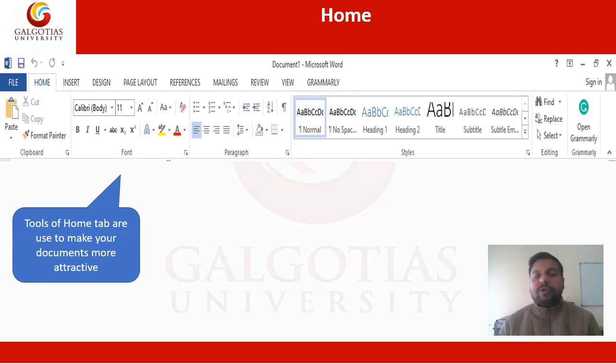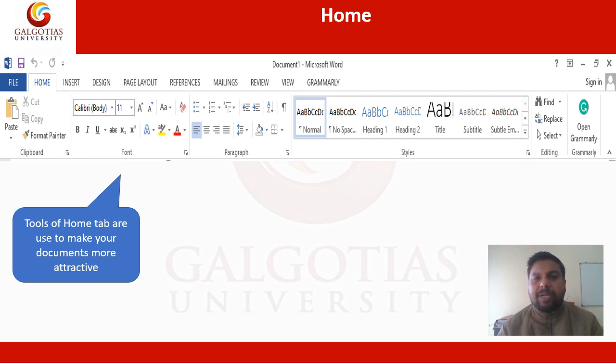Even if you are a media student, you can find out which font size and which font the newspapers are using. This is also a very interesting topic. You can just open a newspaper website and read which type of font and what font size they're using. In future we are going to study QuarkXPress or page design, where I will discuss all these font sizes and font styles. I think I already discussed all the things about this home tab.